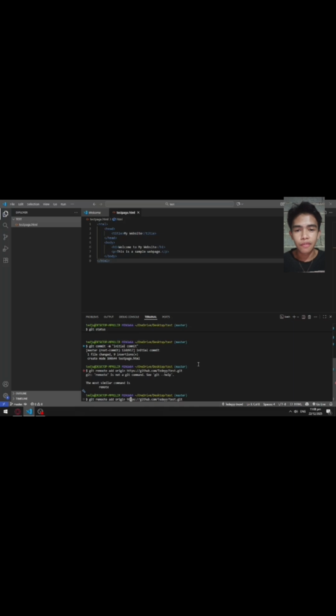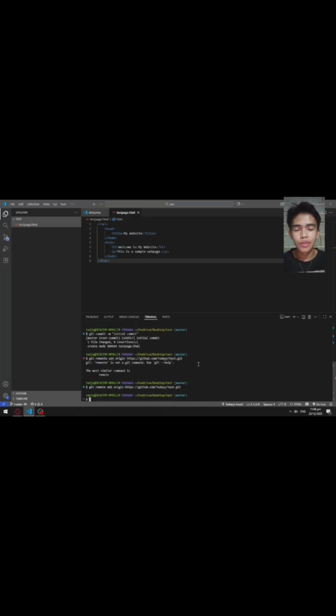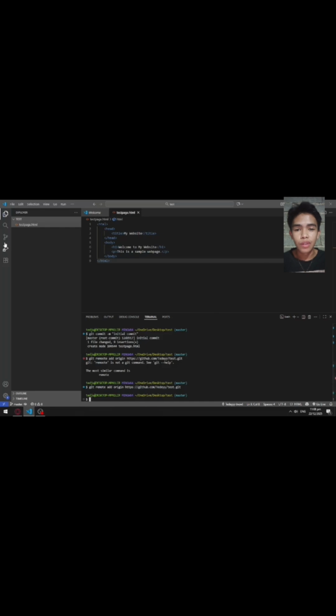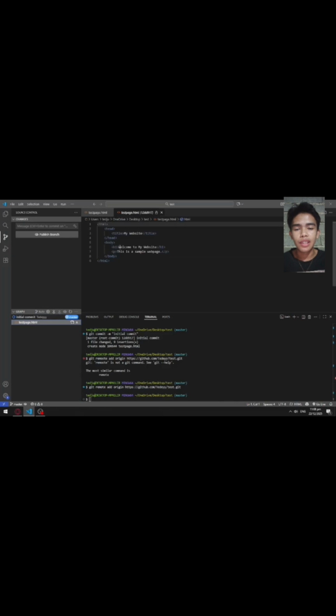As you can see, if it is not reading, try to check your command again. As you can see, it is loading, so after 5 seconds you can see the result, and that's the result. So we are almost ready to push our project. As you can see on the right, there is the initial commit that has been pushed.